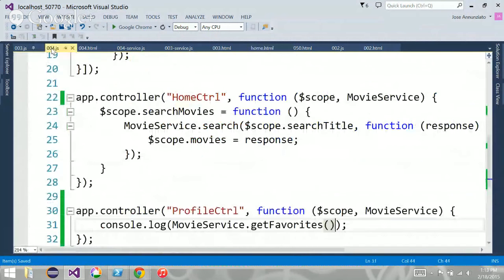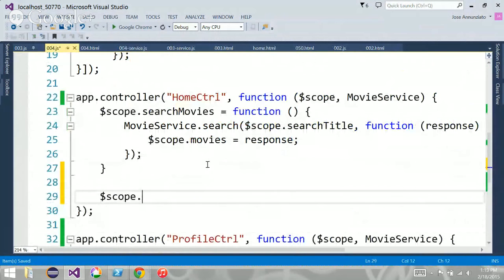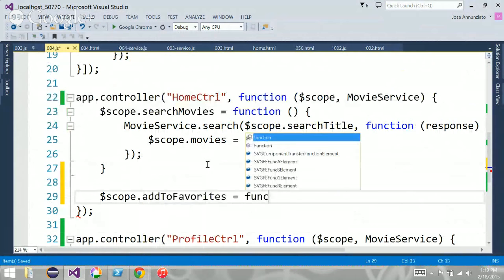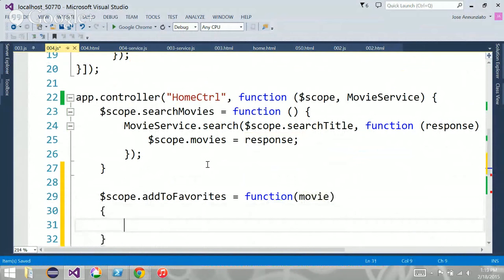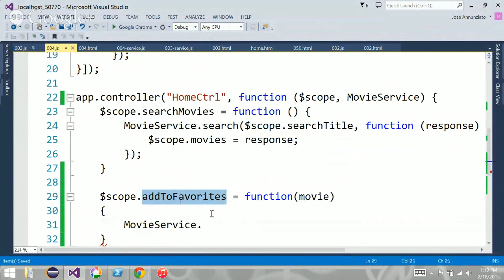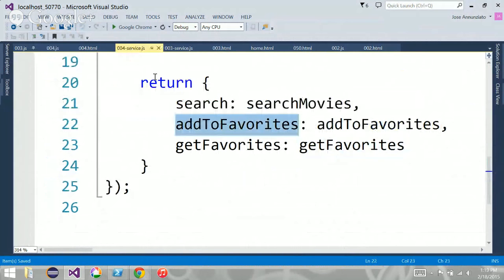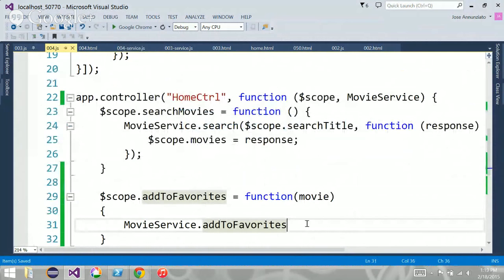So we need to go to the controller, and in the home controller, we need to say scope.addToFavorite function, and then the movie that we want to add. And we're going to call our movie service dot, what do we call it? Add to favorite. Yeah, it's called addToFavorite. And I'm going to pass the movie. We're just going to add that.